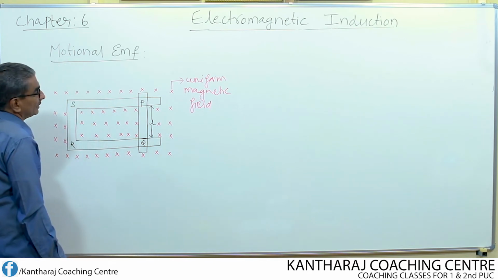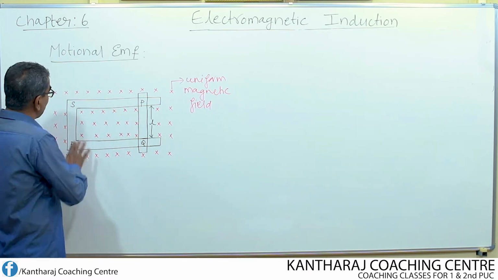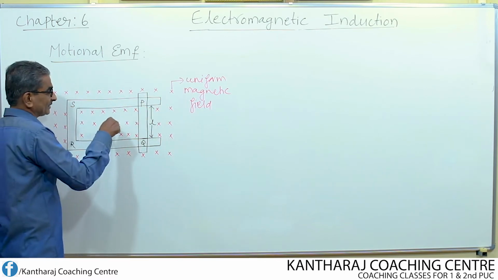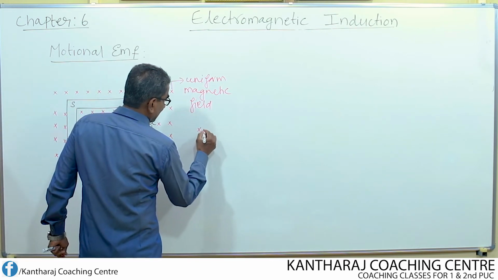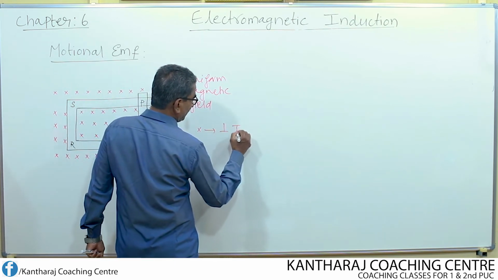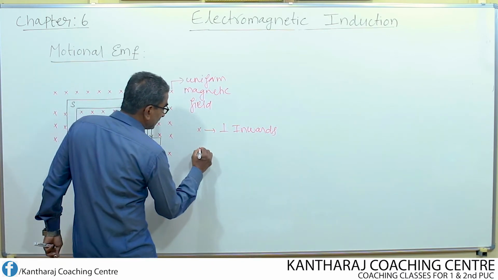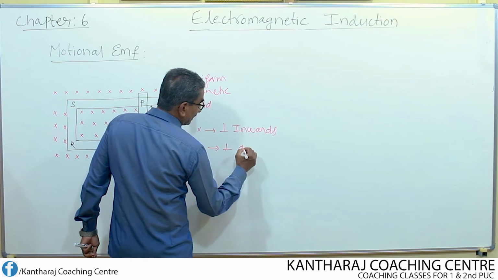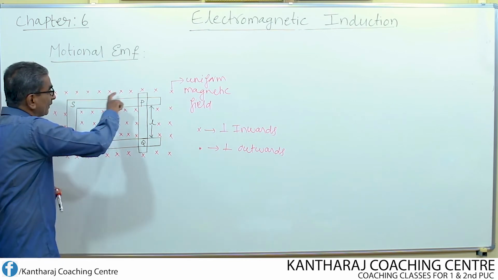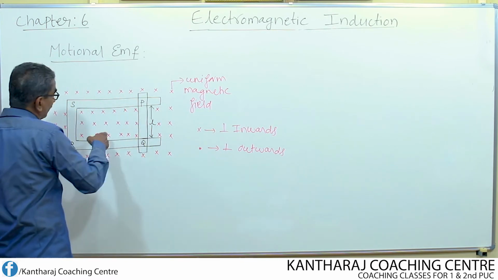The direction of the magnetic field is directed perpendicular to the plane of the board or plane of the figure, inwards like this. Because a cross mark always indicates a field directed perpendicular inwards, whereas a dot mark represents a magnetic field directed perpendicular outwards. But in this case, we have made use of a uniform field directed inwards, perpendicular to the plane of the board or the figure. In such a uniform magnetic field,